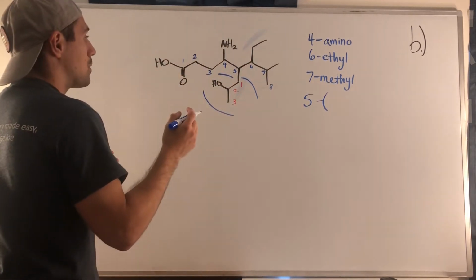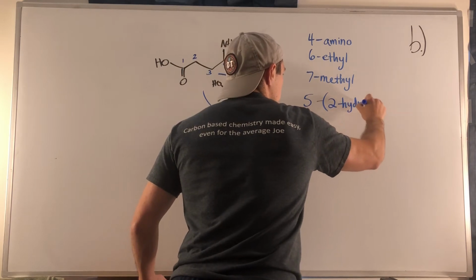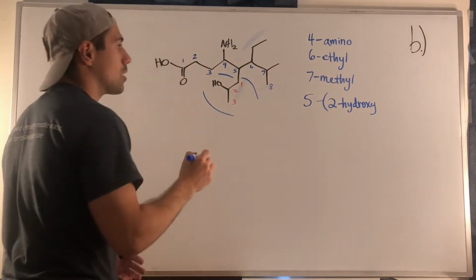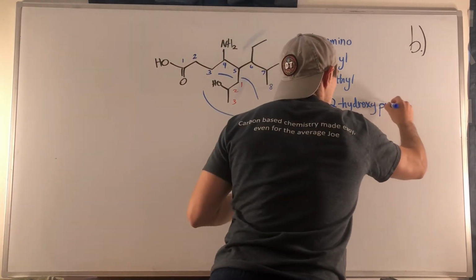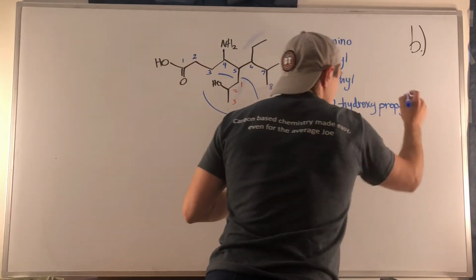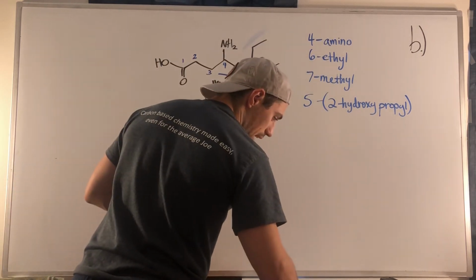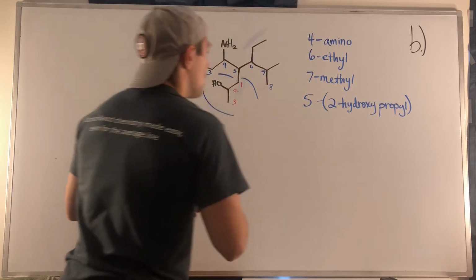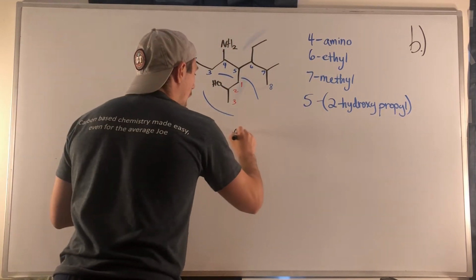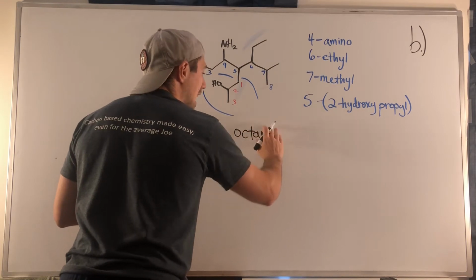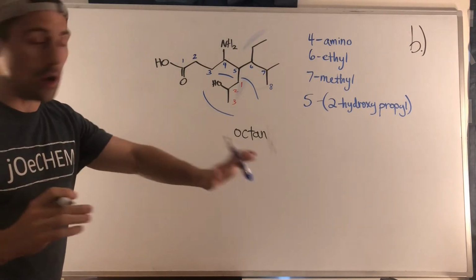So if we open this up, we just have 2 hydroxy, and then we have 3 total carbons. So it's 5-2-hydroxypropyl. No big deal. That's nothing we can't handle. Let me just make sure that's exactly what I have in the name. Yep. So we have a parent chain of 8, so it's going to be octan, but remember, it's not going to be octane. It's going to be just octan,